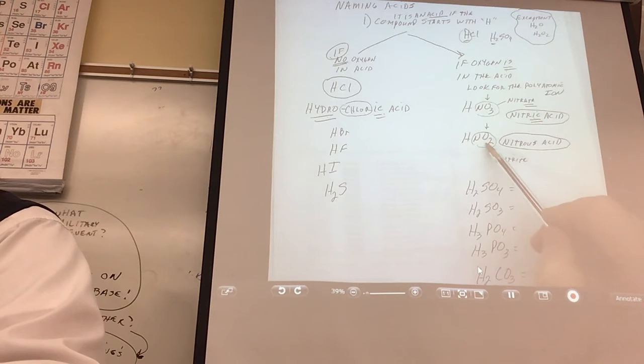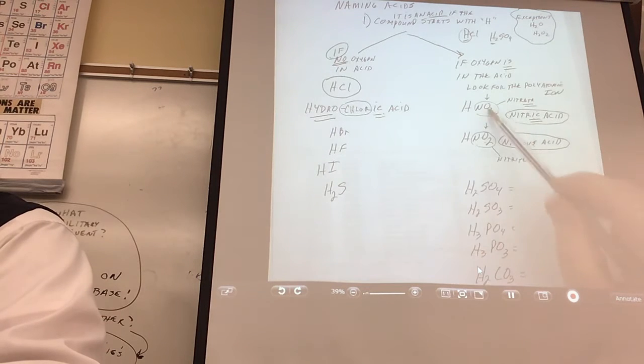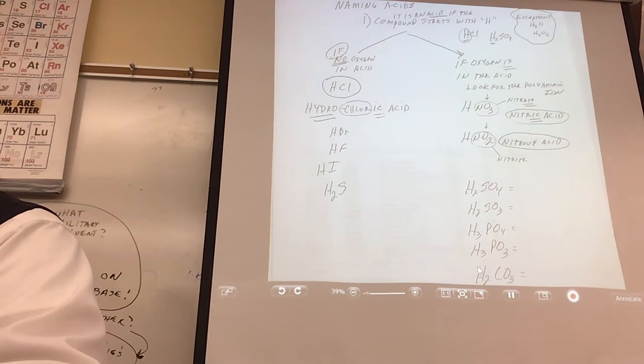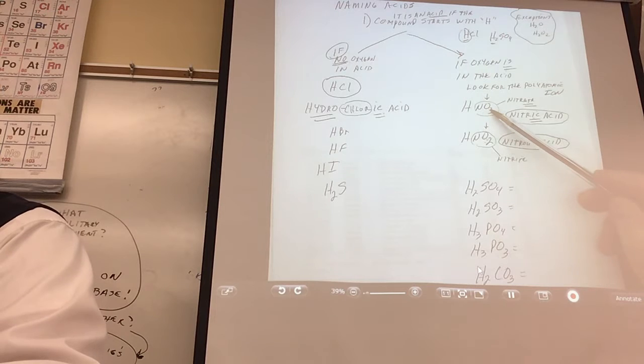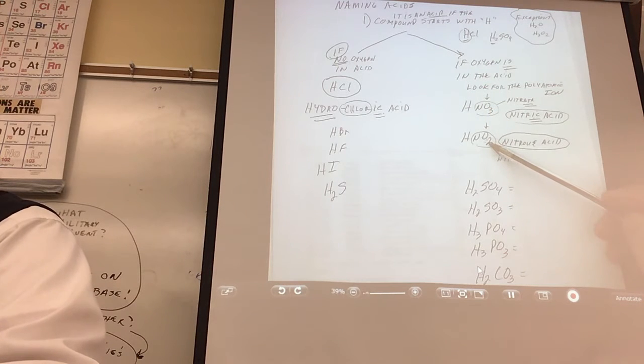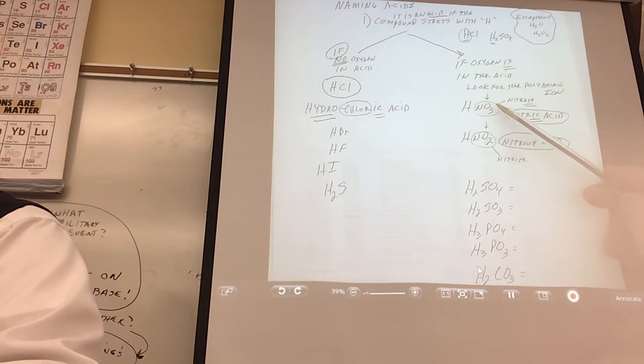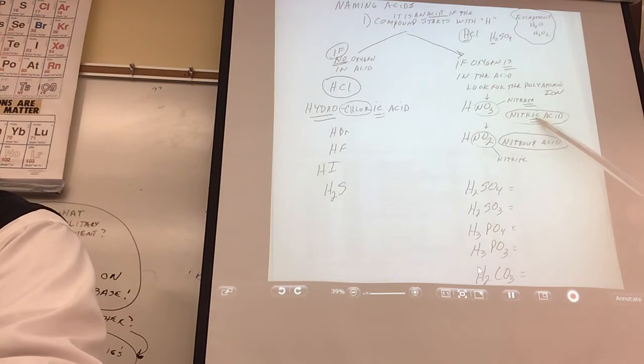And what about this guy? What's NO2's name? It's not nitrate. Nitrite, isn't it? And so if you have nitrite, you become the lesser known nitrous acid. If you'll just remember this and these two, you'll know how to name almost every acid. Now, you could use that other memory trick we had. This guy has 3 oxygens in it. This has 2. Who's the big, icky acid? This guy. So he's the big, icky acid.